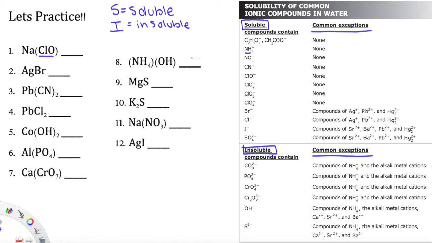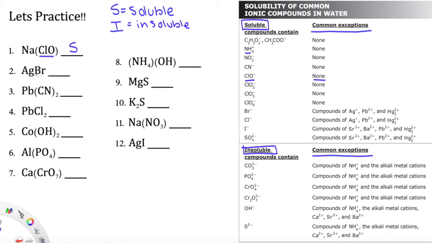I'm looking for chlorate, so I'm going to come over to my solubility rules, and here's chlorate right here. And so we start off assuming that's going to be a soluble compound, and there are no exceptions for that, so this is going to be soluble. All right, so now let's do